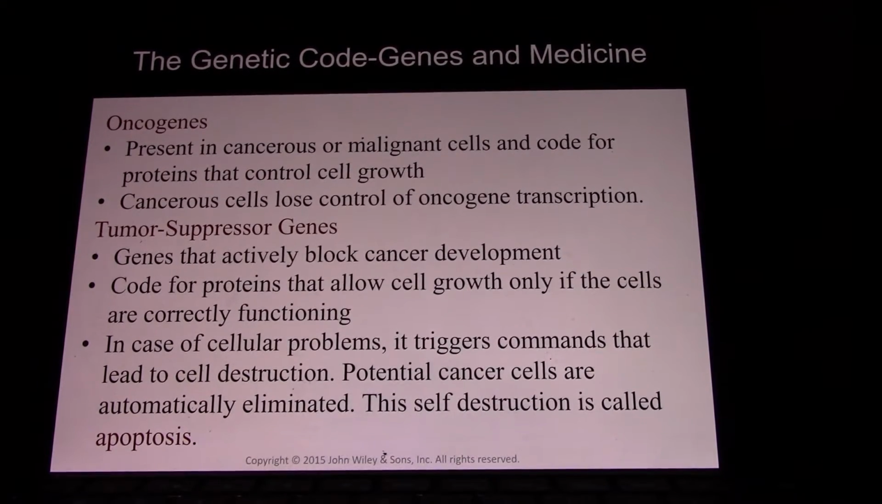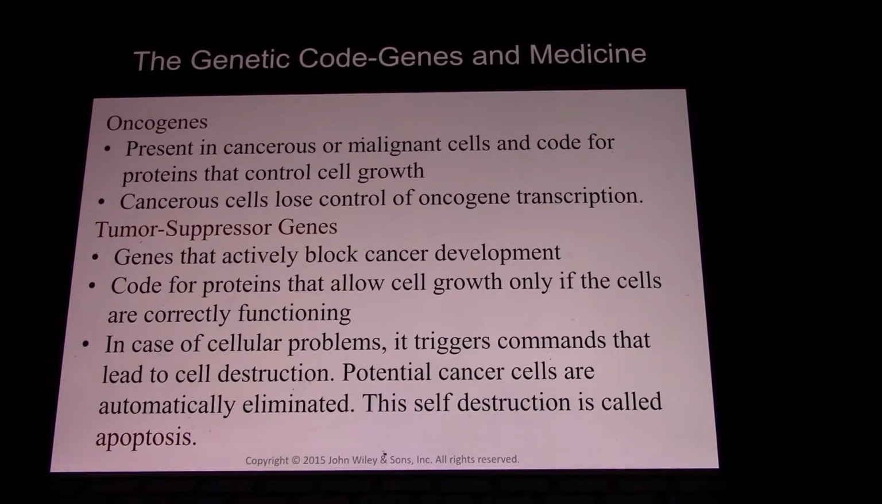Oncogenes. These are genes that produce cancer. So they're present in cancerous or malignant cells, and they code for proteins that produce uncontrolled cell growth. Viruses are very good at inserting oncogenes, and so there's a lot of human cancers which are caused by viruses. So HPV causes cervical cancer and head and neck cancers. There's 2 human leukemia-causing viruses. There's a lot of viruses that cause cancers because they can insert oncogenes into a cell and rapidly transform it